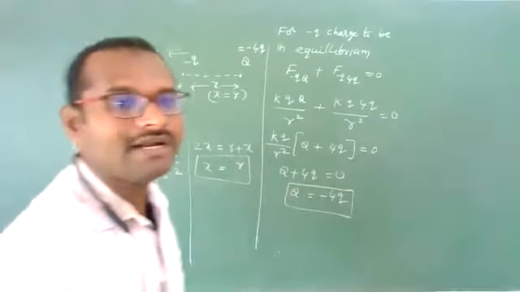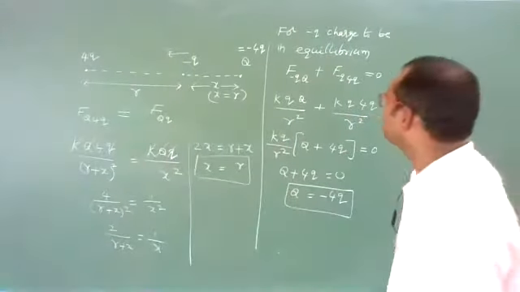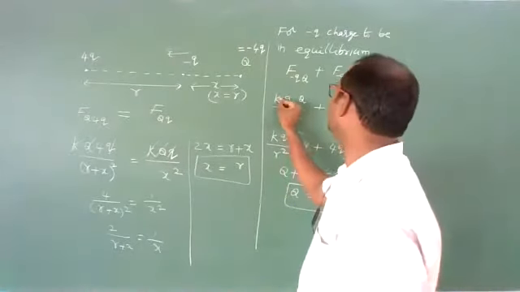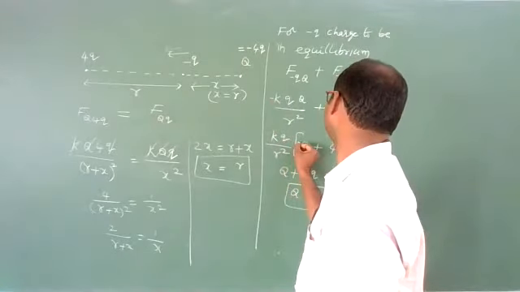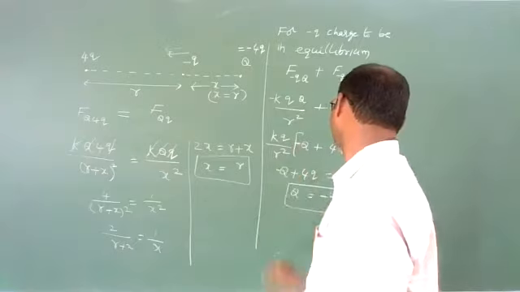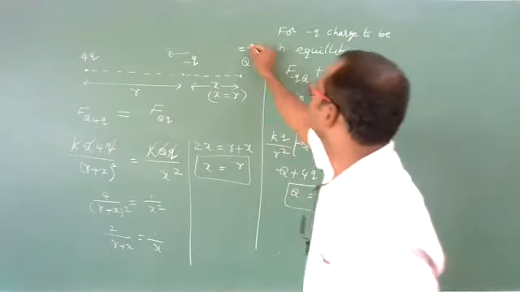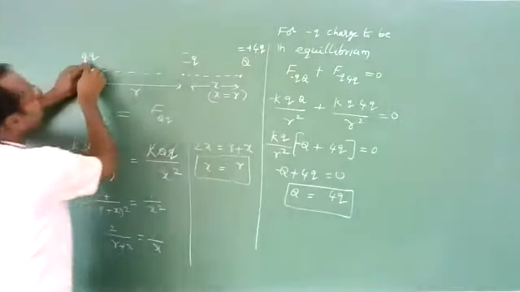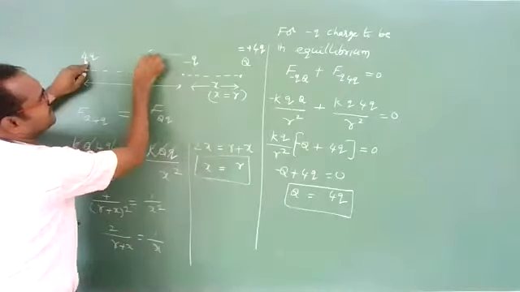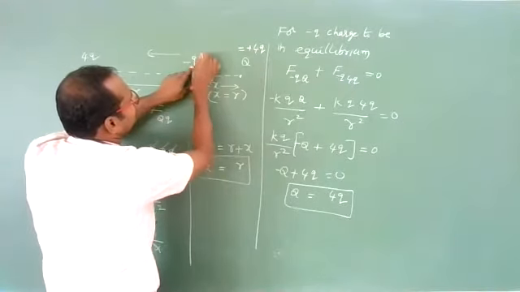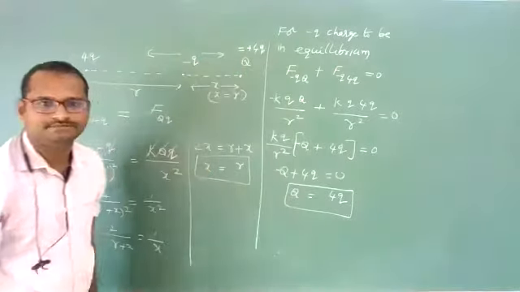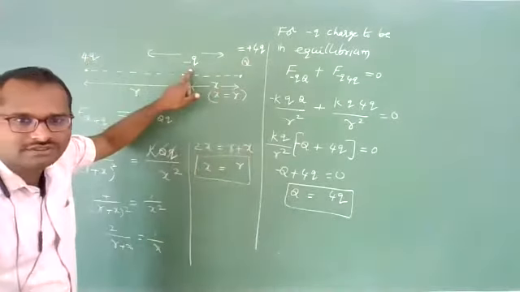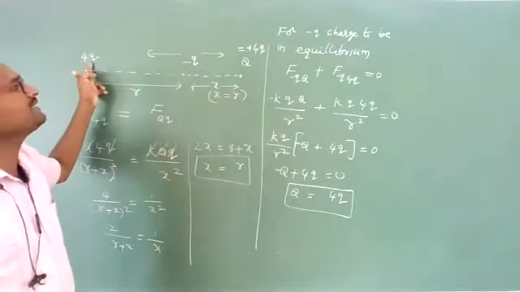Here what I did is, just the magnitude I have taken and the direction I have not added. So the negative charge also we should show here. Plus Q. So it should be plus Q. Now you see, due to 4Q, attractive force this side. Due to capital Q, again positive charge, negative charge, attractive force this side. Yes, both are equal. Because distances are equal and the charges are equal, net force will be 0 on this. So it is in equilibrium, which means automatically this is also in equilibrium.